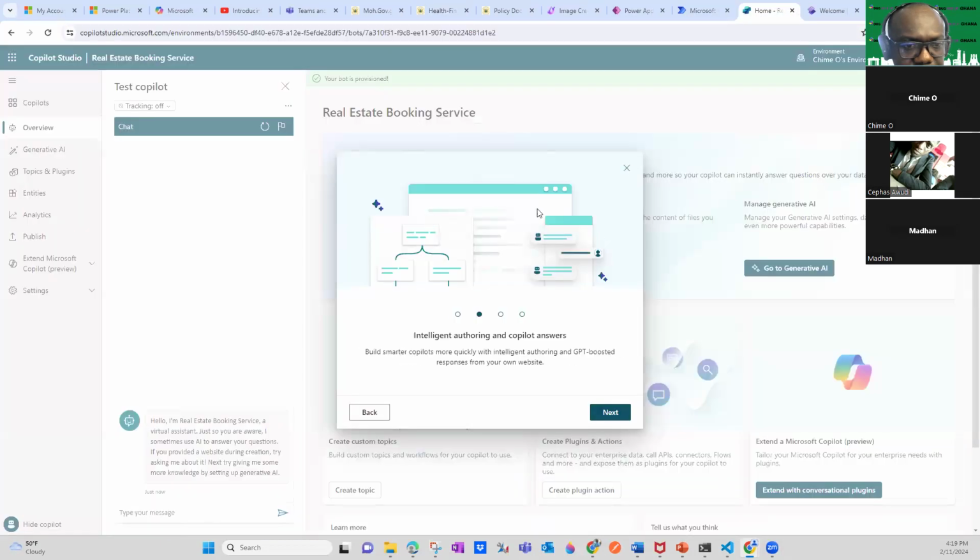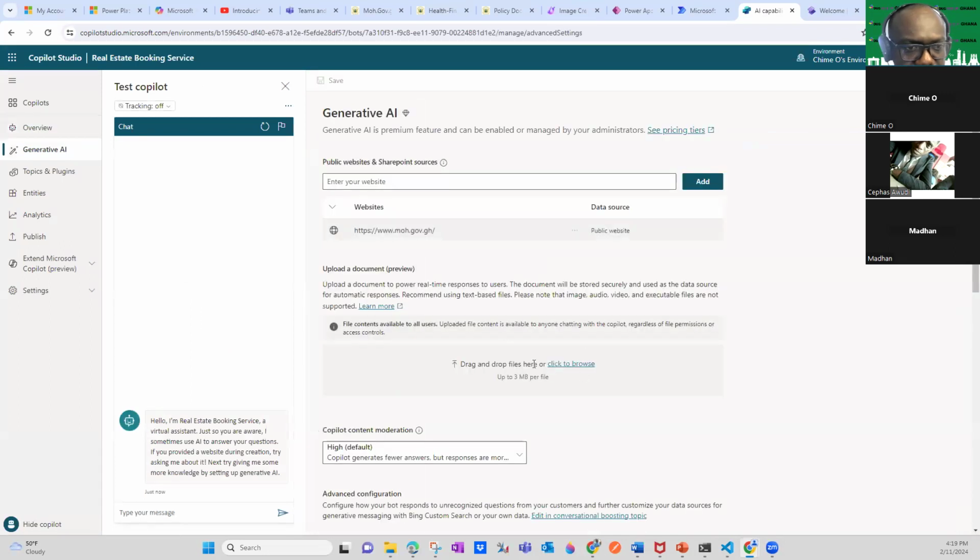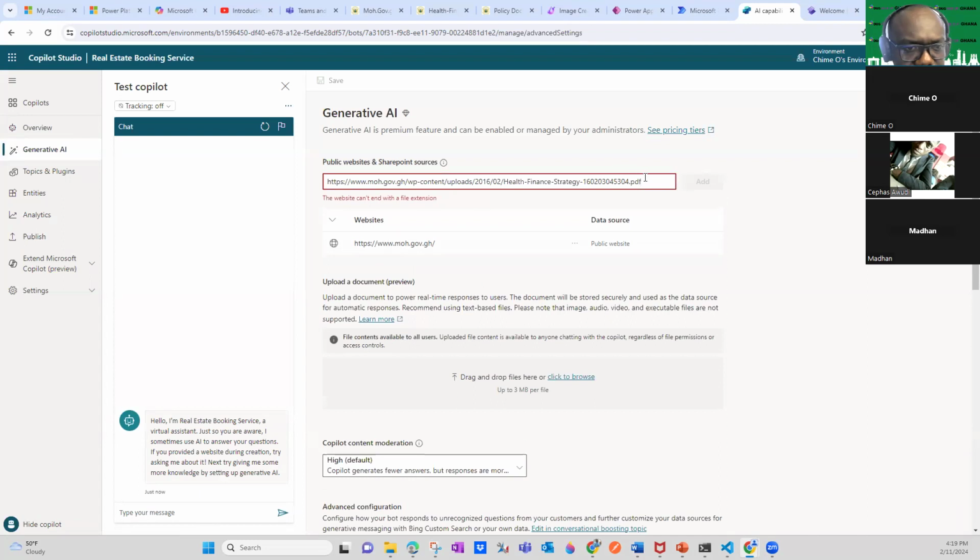So if you look at this, we can say yes, we do have a website for generative answers. We can also manage generative AI by uploading files, for example Word, Excel, things like that. You can also add other publications. So this is a PDF, that's why it's not taking it, but I do have one already.